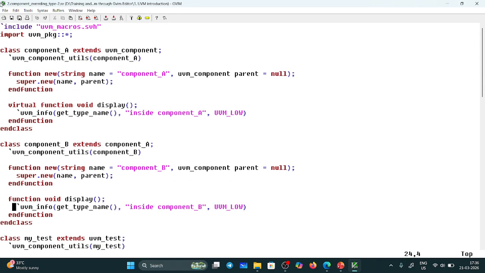Here you see, first I need to declare with `include uvm_macros.svh and import uvm_pkg::*. First, I am declaring the component, class component_a extends uvm_component. Next, I need to do the factory registration with `uvm_component_utils(component_a). Next, I need to create an object with a new function: function new(string name = "component_a", uvm_component parent = null); super.new(name, parent);